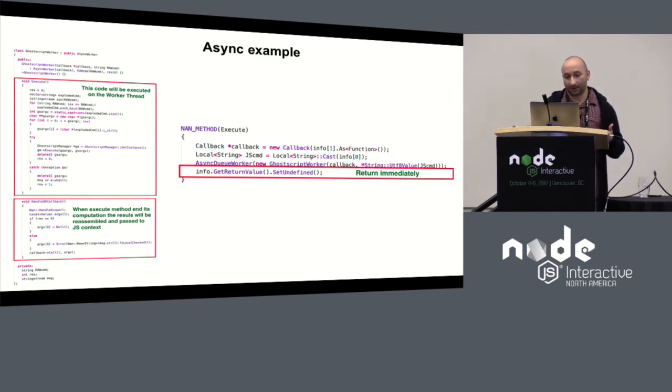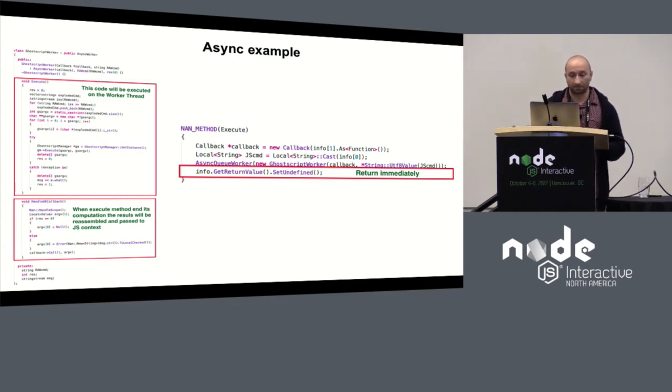The string represents a GoScript command, and the function returns immediately. But just before, we pass all the control to a worker thread managed by libuv. We accomplish this task by calling AsyncQueueWorker and passing to it an AsyncWorker. It's very simple, and